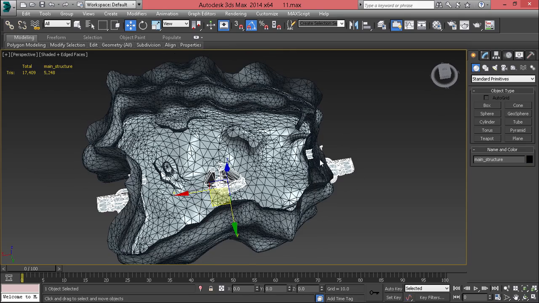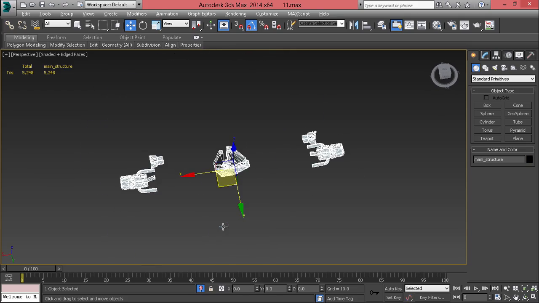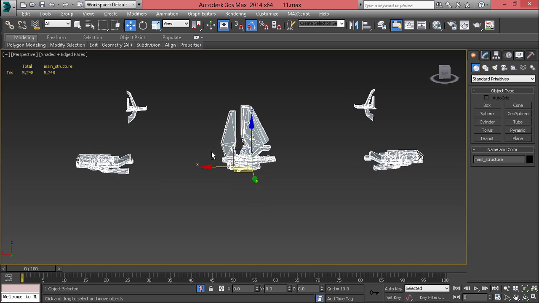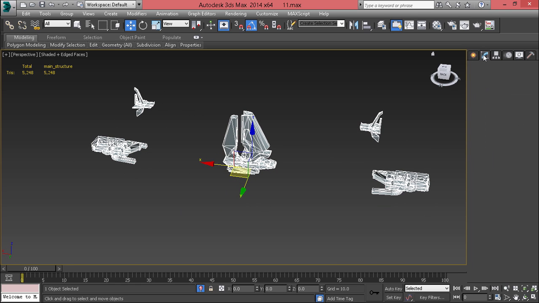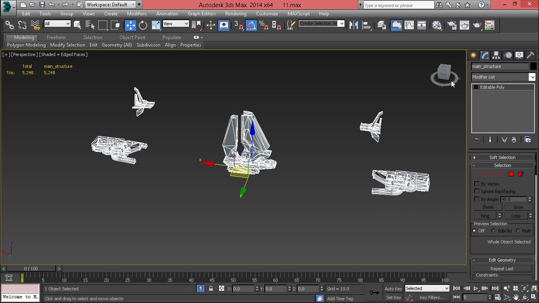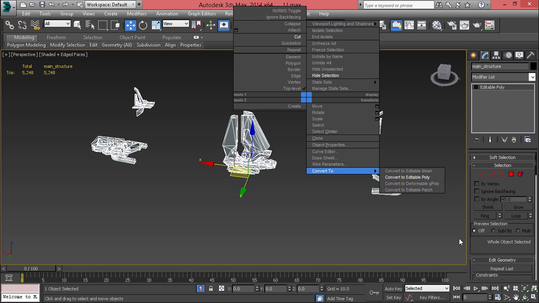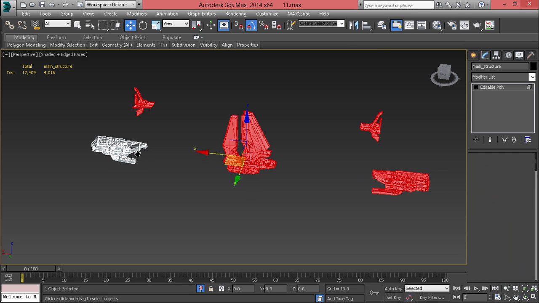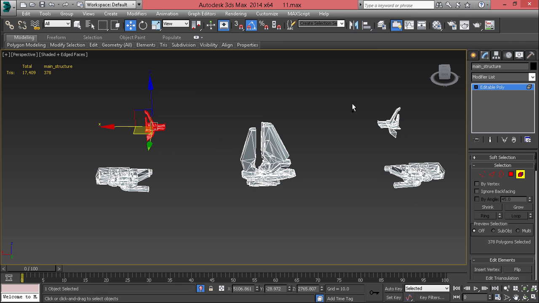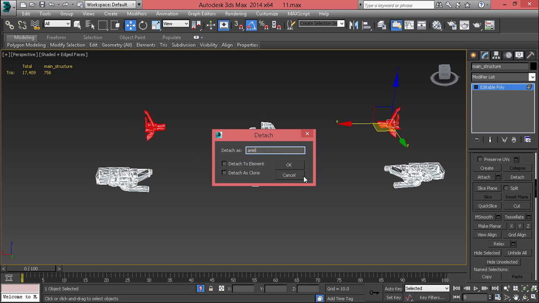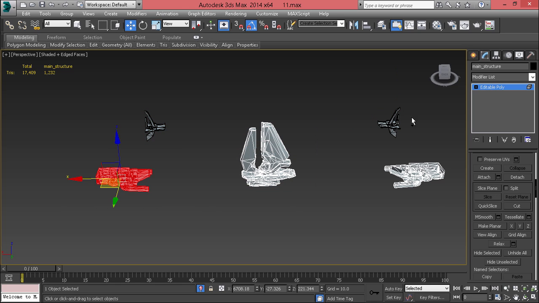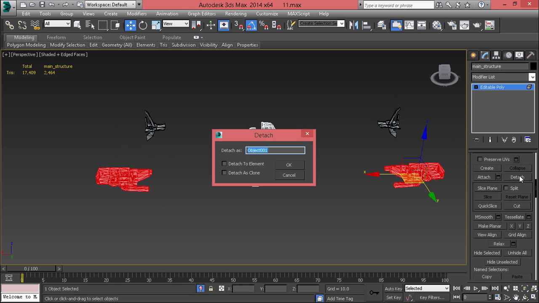Alright, I'm going to grab my main structures here. I'm going to hit Alt Q, and we're going to do a little bit of division here. I'm going to separate these objects, so I'm going to go into our modify panel. These should already be in edit poly form. If they're not, just right click and convert them to an editable poly. Go to element mode, and I'm going to grab these two structures and attach them as aerial platforms. Grab these two structures, detach them as